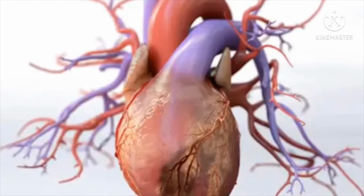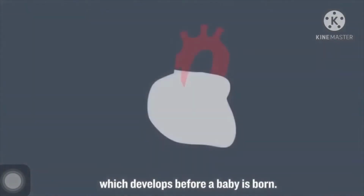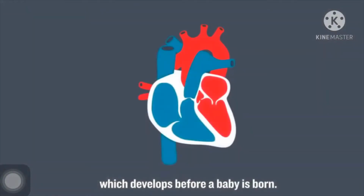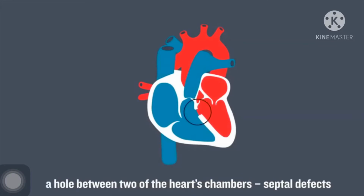Cardiovascular disease is a general term for conditions affecting the heart or blood vessels. It's usually associated with a buildup of fatty deposits inside the arteries, or atherosclerosis, and an increased risk of blood clots. A congenital heart condition is a problem with the structure of the heart, which develops before a baby is born. The most common congenital conditions include a hole between two of the heart's chambers, septal defects,